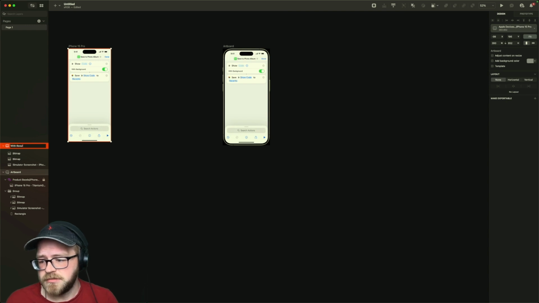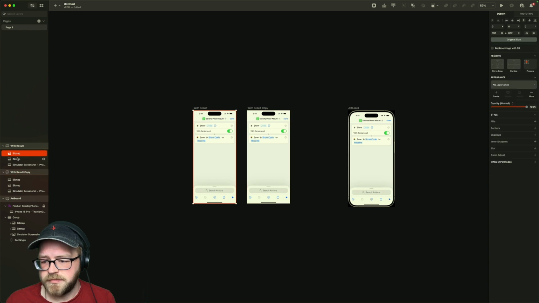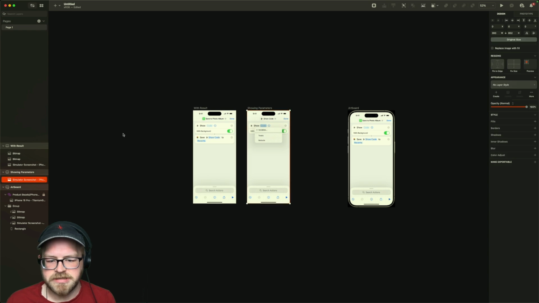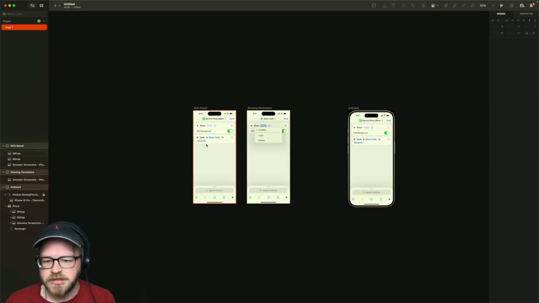Okay, so this is with result. We're gonna duplicate that. Delete the top one over here. This is gonna be showing parameters. But that's not actually here. That's in here. Okay, so this is showing parameters. I don't even want this screenshot.